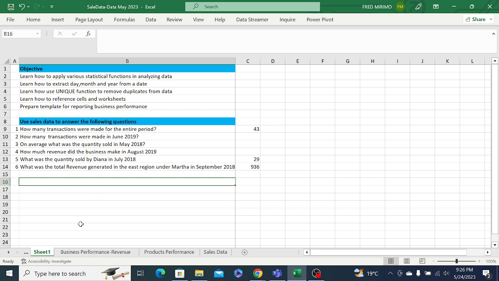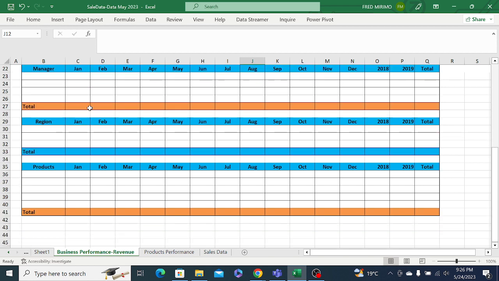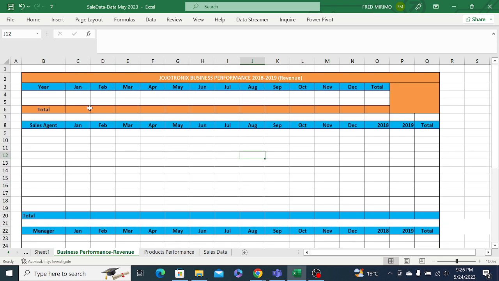From the Excel file that I shared, I have prepared a template for business performance. When you fill data in this template, it will be much easier for you to present it to your boss, and he may derive insight into what is happening in the data without asking many